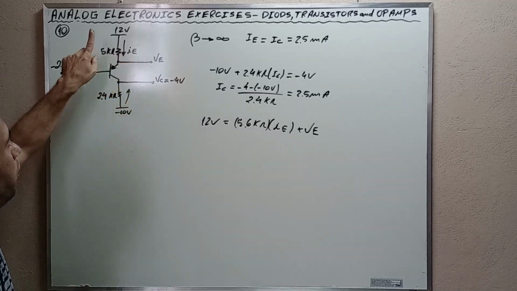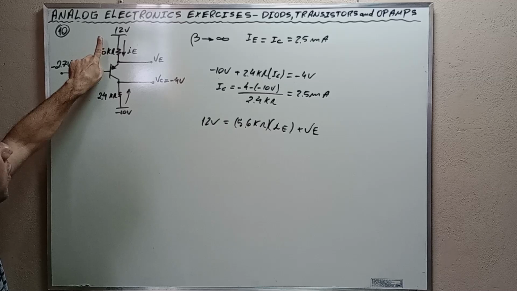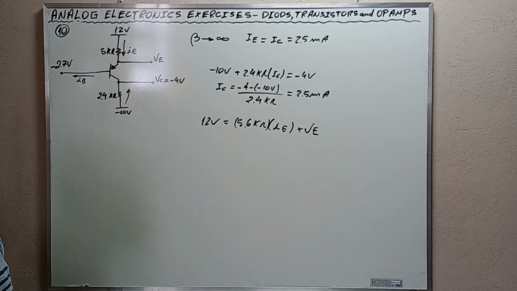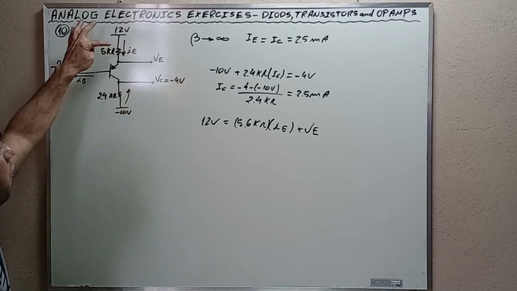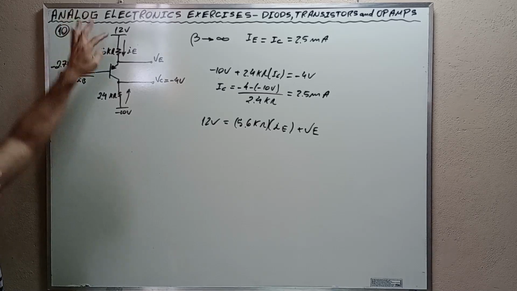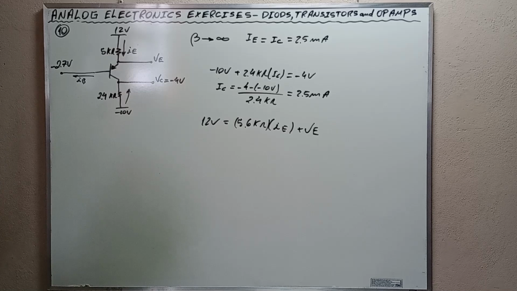VE plus this voltage drop here is equal to 12 volts. Okay, did you guys understand? Alright, VE plus the voltage drop across this 5.6 kilo ohms resistor is equal to 12 volts, and from which we get that,